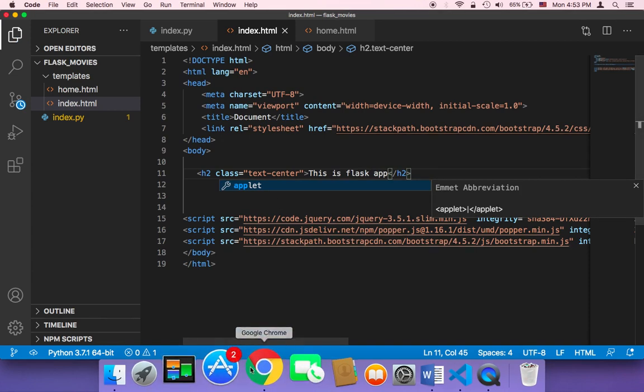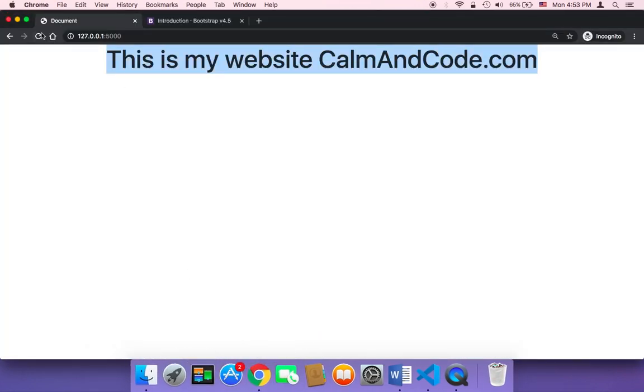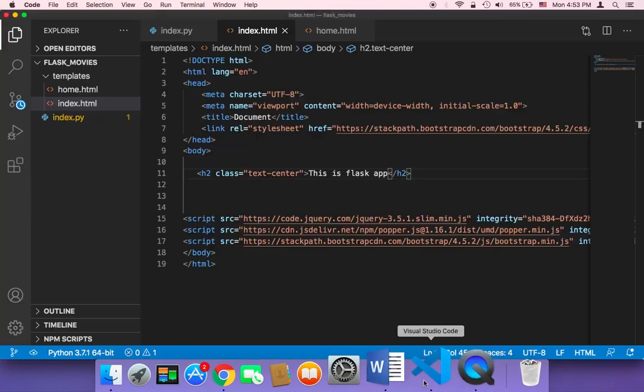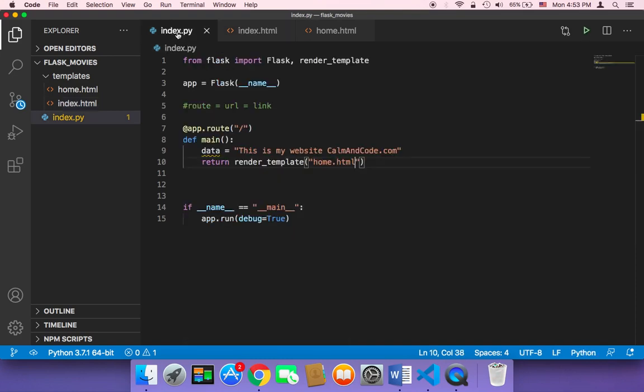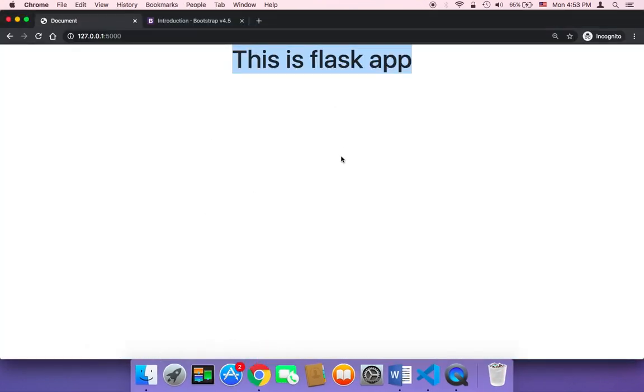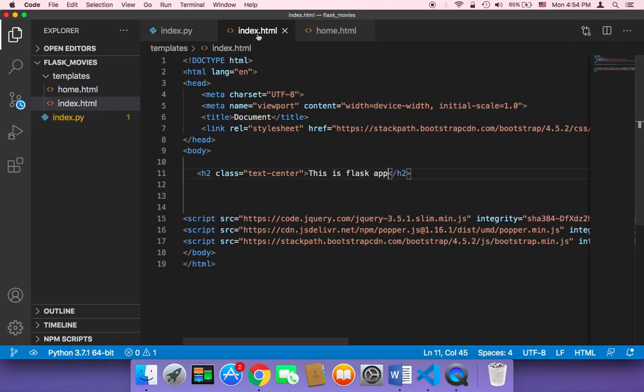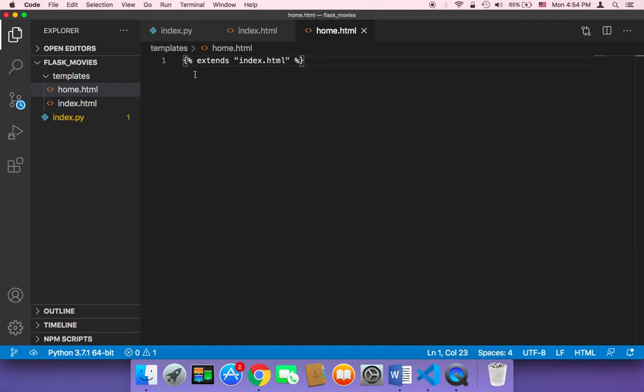And now if you save and head on over to your browser, guess what? If you refresh, what you are going to get is the index page. But in reality, we are returning the home page, not the index page. But we got the index page. Why? Because I have copied all of this code and pasted it here by using the concept of